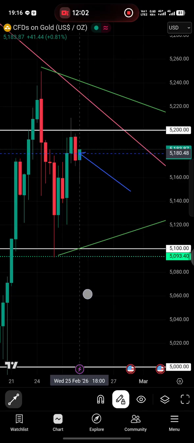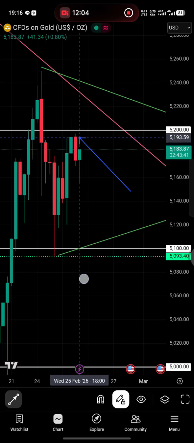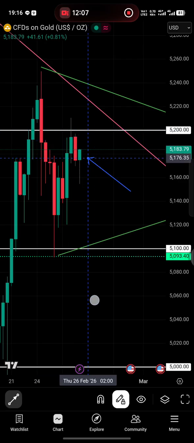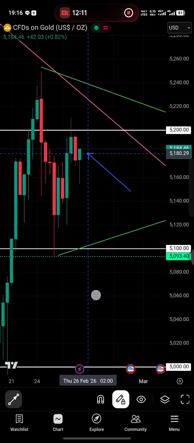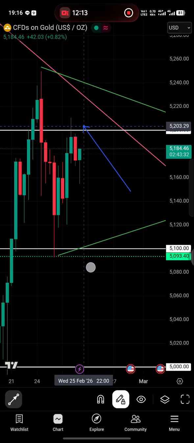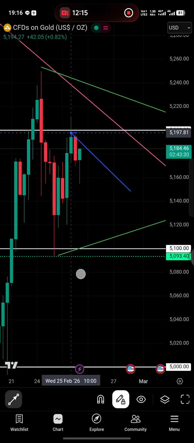Right now the price is slowly going in a sideways-up direction to attack this resistance, and what's more, if it is able to break and close above this resistance,